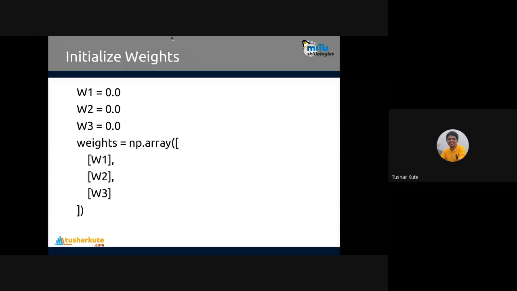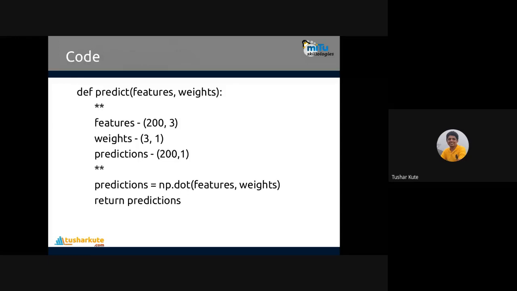So for example, here if you initialize the weights, W1 is 0.0, W2 is 0.0, and W3 is 0.0. So when three weights are there, practically when you have to initialize, we'll be creating the array of all. They are combined together: weights is equal to np.array of W1, W2, and W3. Or they are combined together, and the weights matrix is created. And once this matrix is created, then we will use it to learn from it. See this one, this is how it's possible to do it.